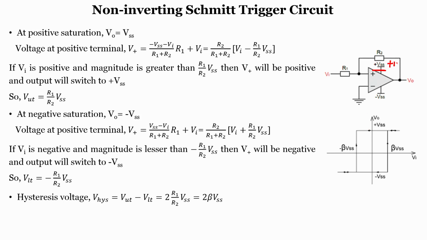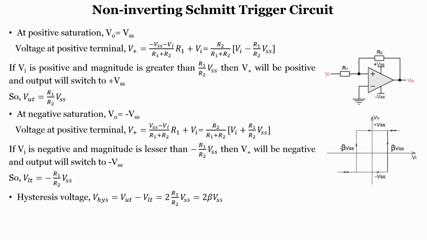Suppose I apply plus 15, I apply minus 15, you know that if this goes into saturation it does not go exactly to plus 15 volts, it is less than plus 15 volts, and how much it is is your homework. It never reaches plus 15 volts. So, understand that when you talk about saturation, it is not exactly plus V S S, it is less than plus V S S or less than minus V S S.